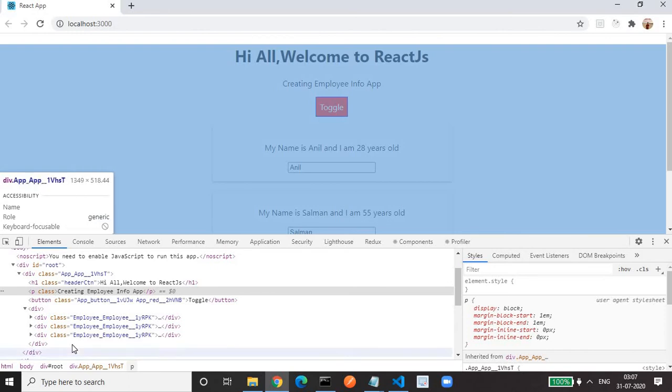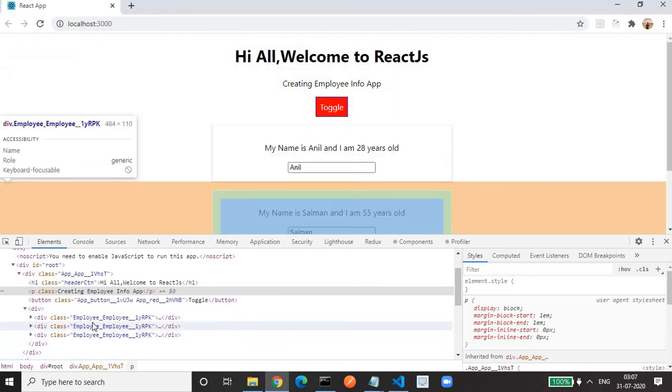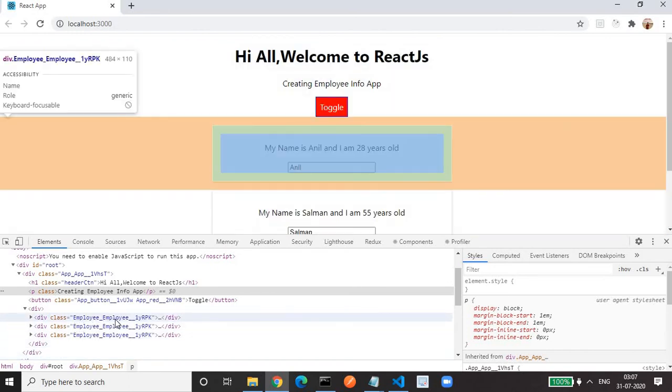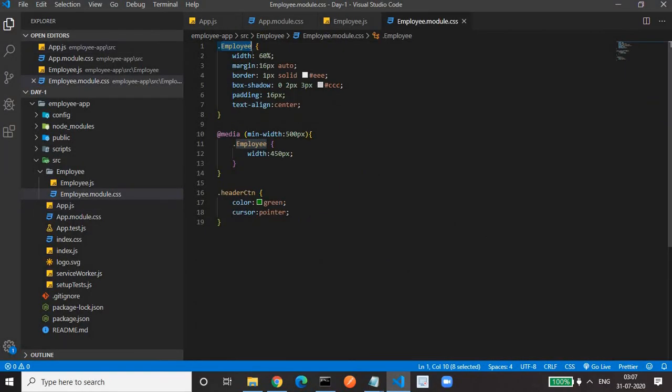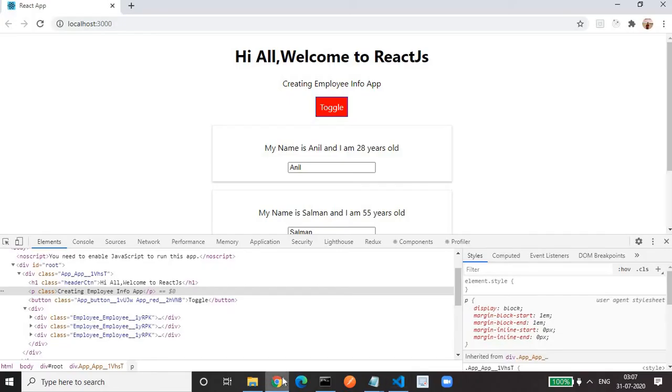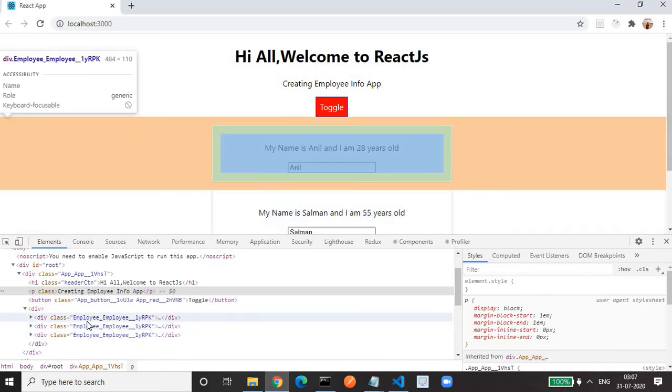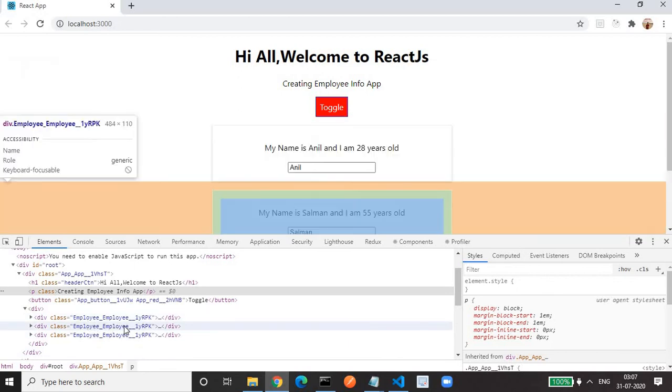Okay, and for each employee we have an employee class. The prefix is employee and the rest is randomly generated. This employee class corresponds to our employee here. In this way, the unique class is created during the build process of React.js.